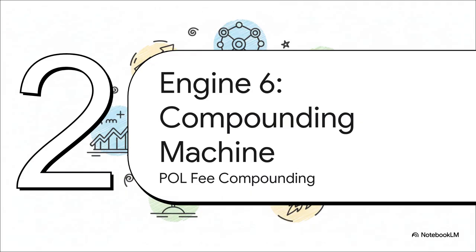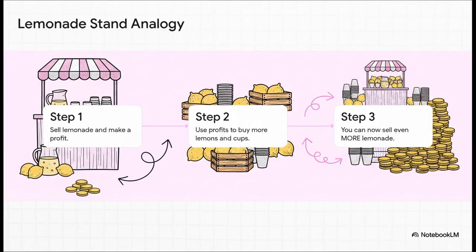Okay, moving on to engine number 6. I love this one. It's the compounding machine. It's all about protocol-owned liquidity, or POL. Basically, the system's own trading pool. And this is where the magic of compounding really kicks in. The easiest way to think about this is a lemonade stand. Seriously. Okay, so you sell some lemonade, you make a few bucks profit. What do